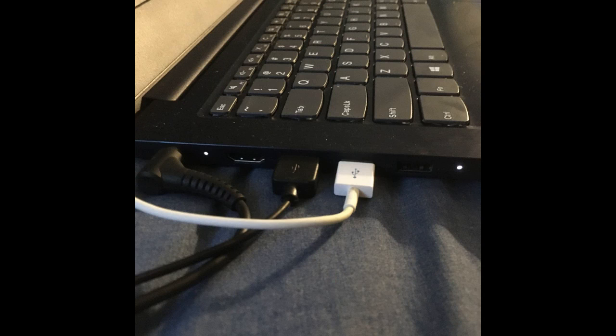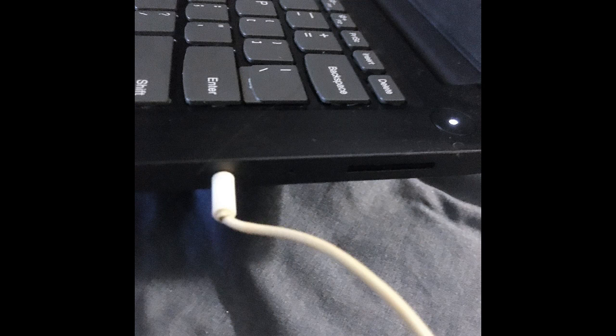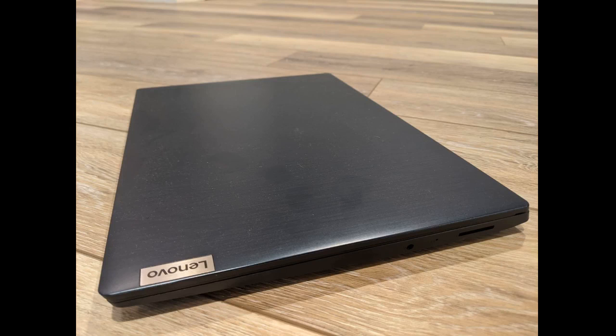So far, I have not run into any issues with gaming. All the games I've played have run smoothly. It is a pretty fast laptop. It's very fast starting up. I've had this laptop for 2 months and I haven't experienced any problems yet. Our Lenovo IdeaPad 3 model